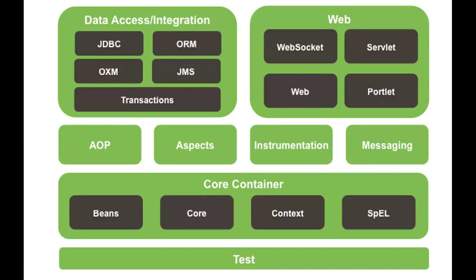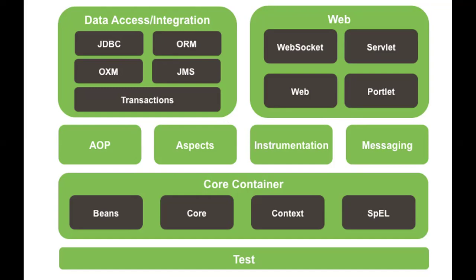The layer above is the core container, which contains sub-modules such as beans, core, context, SpEL. The beans module provides the bean factory. You know, Spring contains Java beans. So it provides the bean factory, which is a sophisticated implementation of the factory pattern. Next, core provides the fundamental parts of the framework, which include IOC, inversion of control, dependency injection features,